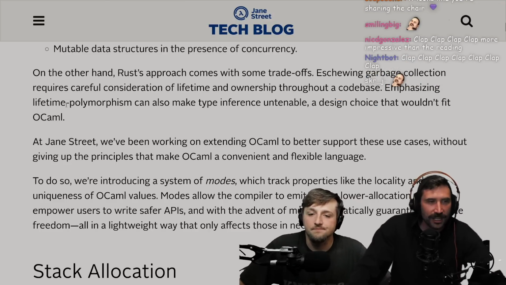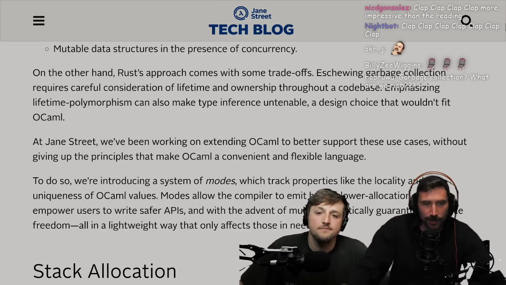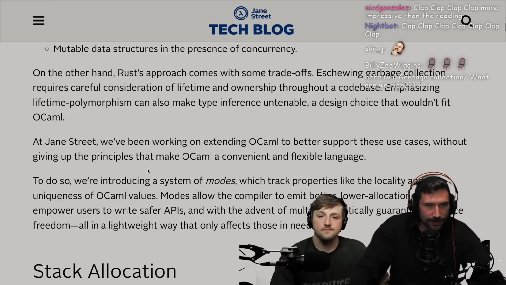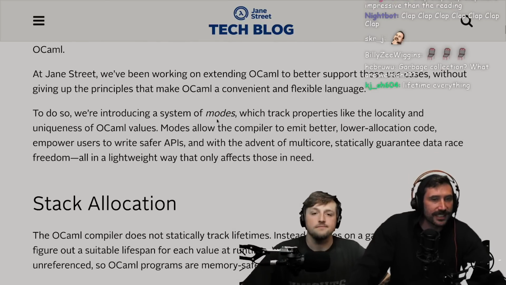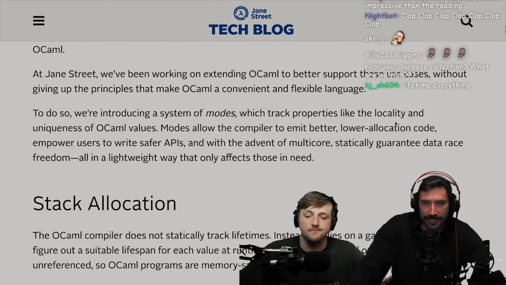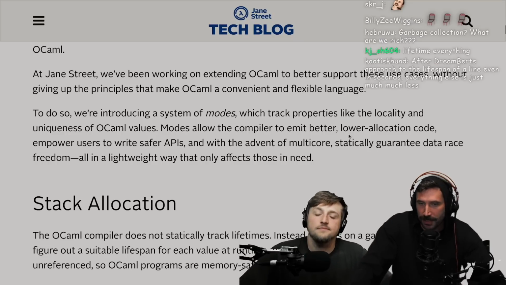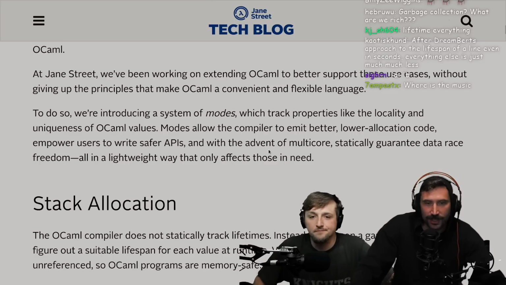And so there's a lot of things in here that are just very interesting. All right. At Jane Street, we've been working on extending OCaml to better support these use cases without giving up the principles that make OCaml a convenient and flexible language. To do so, we're introducing a system of modes which track properties like the locality and uniqueness of OCaml values. Modes allow the compiler to emit better lower allocation code, empower users to write safer APIs, and with the advent of